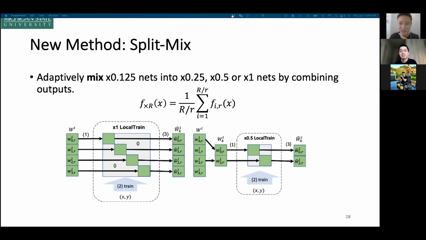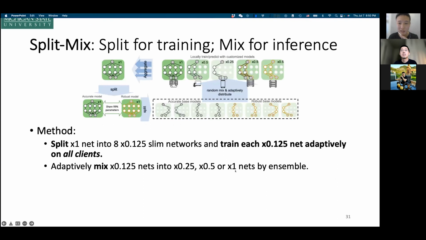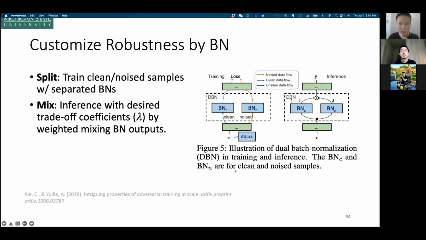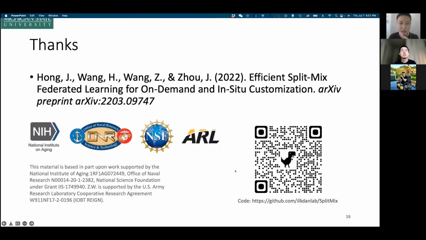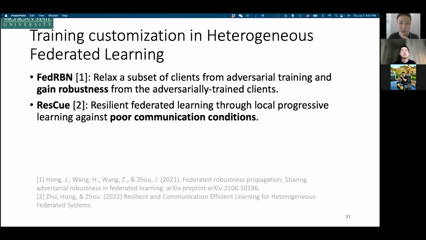My last question is about FedRBN, since I also conduct some research on adversarial robustness. It allows devices that cannot afford adversarial training to borrow adversarial robustness from computationally powerful client devices, right?